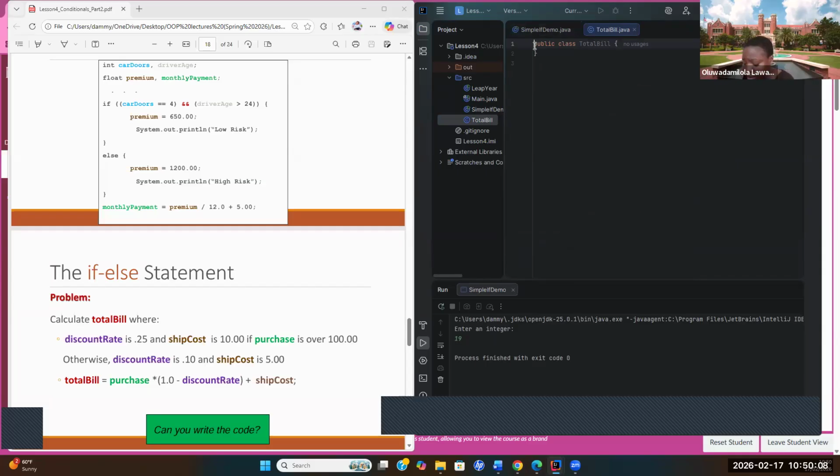So, like I said, I want this code to be as interactive as possible. So what do we need? What do you think we need to do here? We need to access the Scanner class. And how do we access this class? We need to import it using the import statement. Please interrupt me if you have any question. Once we have this class imported,